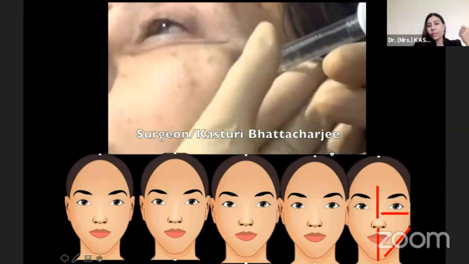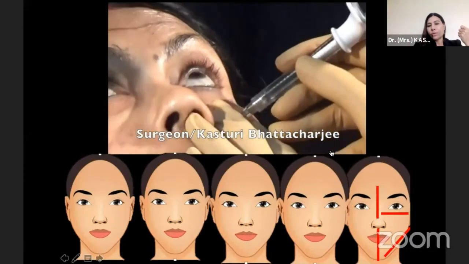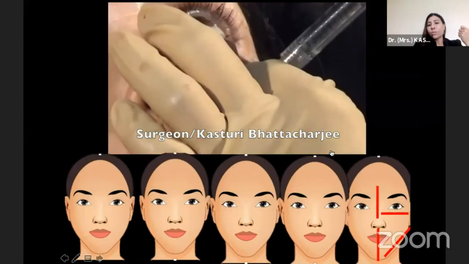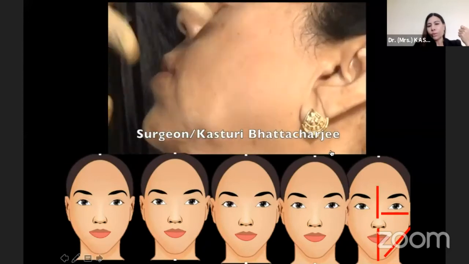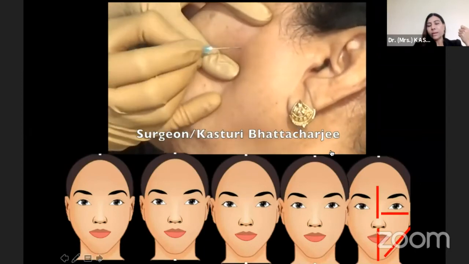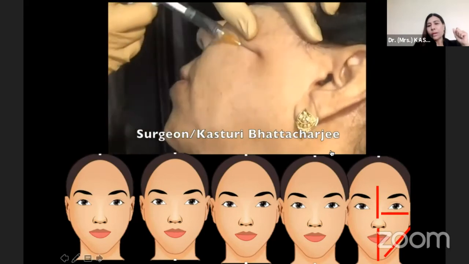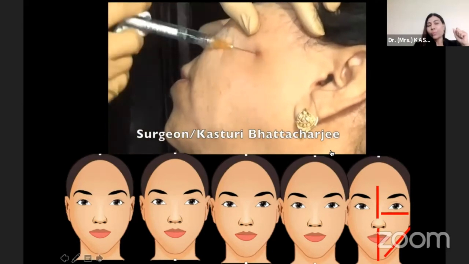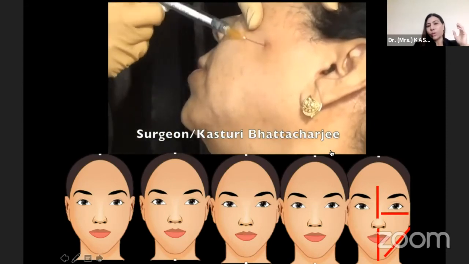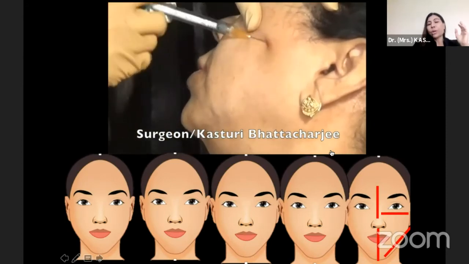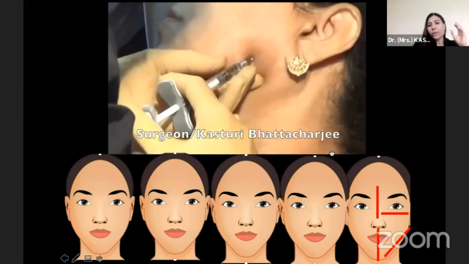Then this is the CK1, CK2, CK3 point. The CK2 is the zygomatic eminence, and the CK3 is right into the cheek region. This is what Shilpa has already mentioned. You should be very careful, you need to stay a little away from the infraorbital foramen. And this is the CK4 point, which is basically the parotid region, where you can see I'm using a cannula, and you can go for a very good tissue integration. You can go as high as approximately 0.5 to 1 ml, the full syringe you can use here, depending upon how much slimming of the face you want to do. So these are the main classical mid-face points.